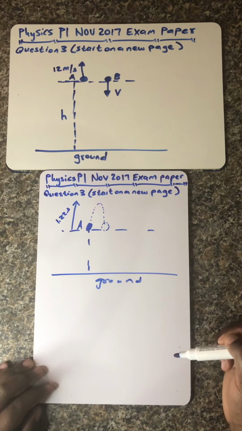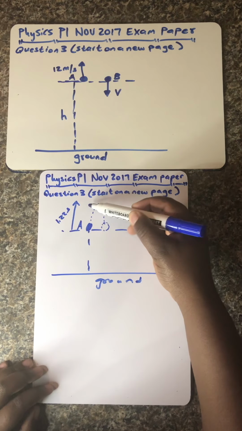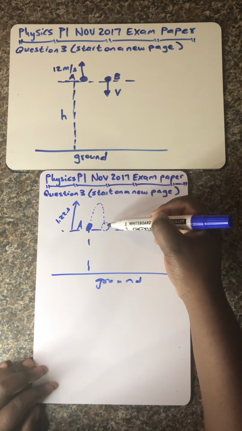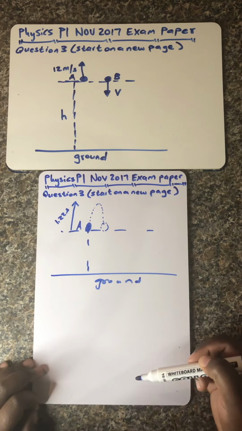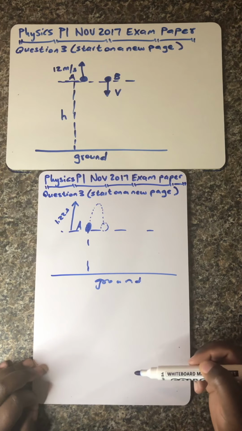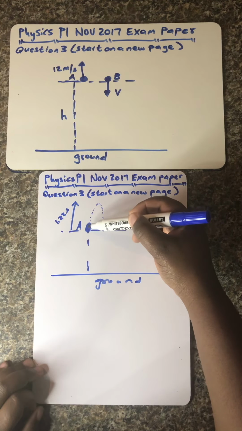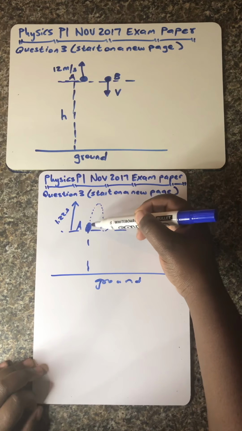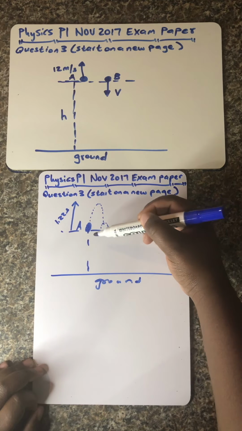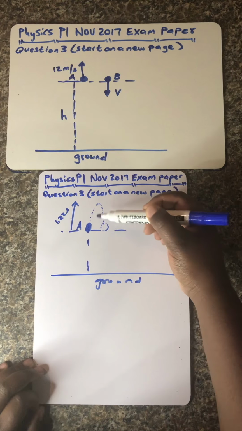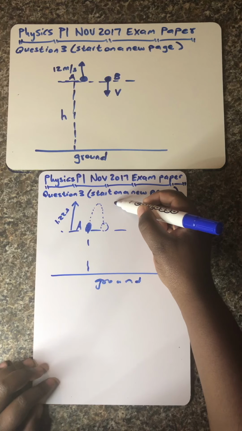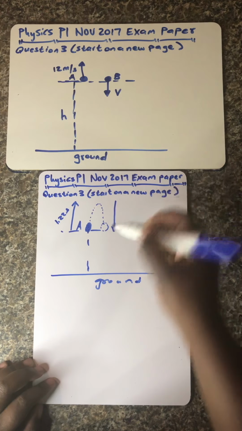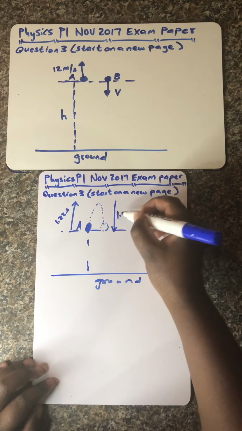And we obviously know the time taken for it to go up will be the time taken for it to come down to that position where it was projected vertically upwards, regardless of its initial velocity as it goes up. It could go up at 5 meters per second. It could go up at 15 meters per second. It will take the same time to come back to its original position. So, in short, guys, it means for this object to return to its original position, it's still going to take